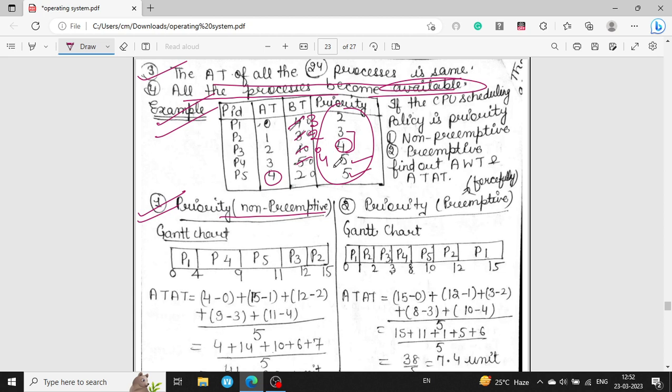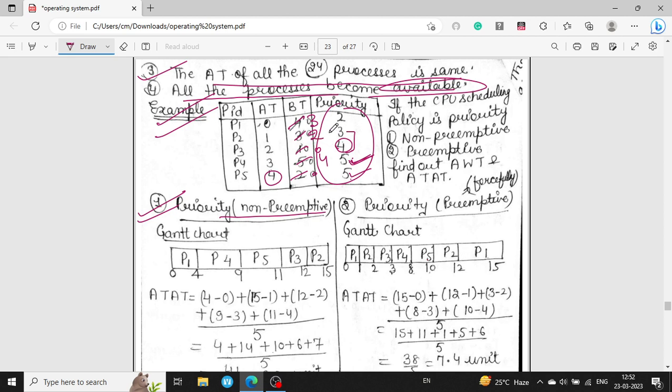According to priority, you can see here P4 has maximum priority. P4 and P5 both have the same priority, but we can take first come first method. So that's why we take P4 and after that P5 uses this CPU for 2 seconds, and then again